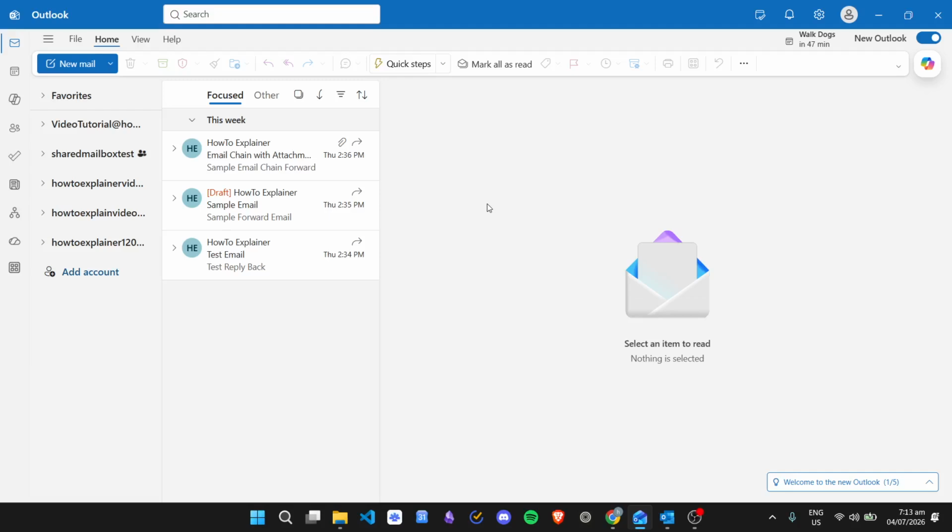How to fix Outlook ribbon's font size. So here I am in the new version of Outlook. There used to be a bug right here in the new version of the Outlook application where the ribbon's font size is either too big or too small. So that problem is fixed, but if you happen to encounter that problem or that bug again, there is a